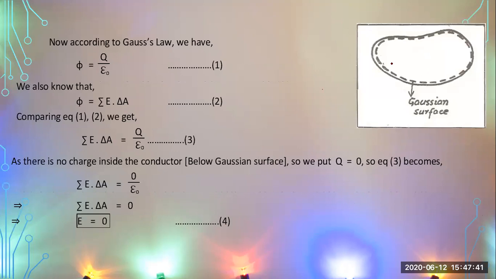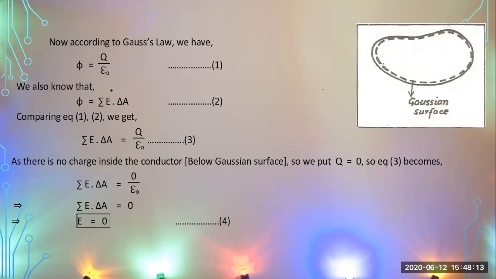If you look at this surface, it is basically the Gaussian surface, and inside this surface there are no charges available, but outside there may be, though we are not concerned with that now. We are only concerned with the charges inside this surface. So we apply Gauss's law. This is the statement of Gauss's law. It is used to calculate the charges in the case of a closed surface. Electric flux through a closed surface, phi, is equal to Q, the total charge, divided by epsilon naught.